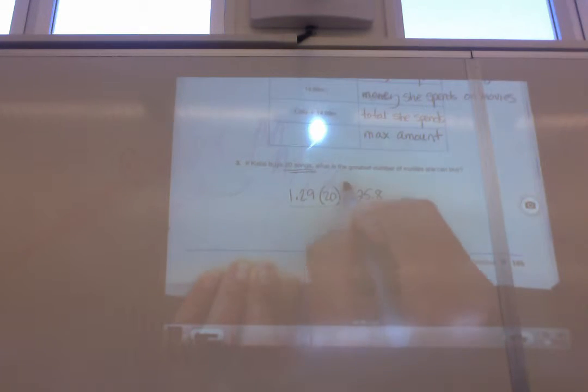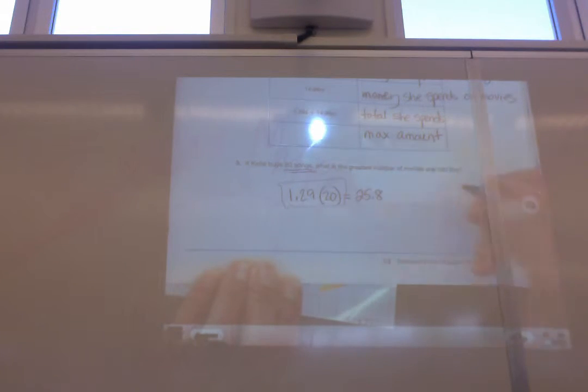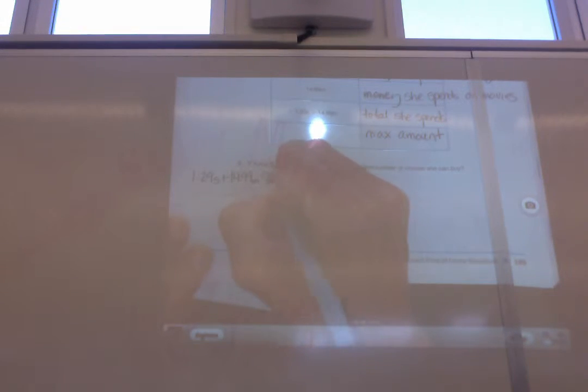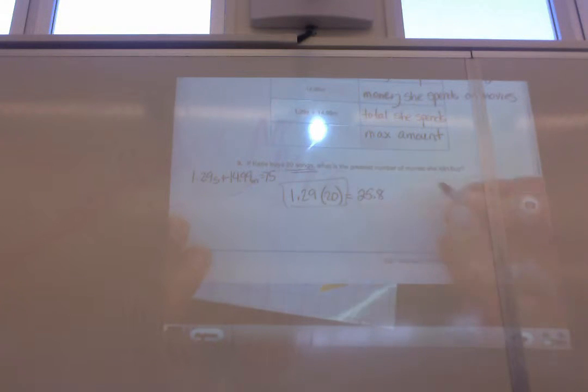What I just did there in multiplying those 2, that's the first part of the equation. Here's our equation. S plus 14.99 movies equals 75. Now what I just figured out is this part, so 1.29 times 20